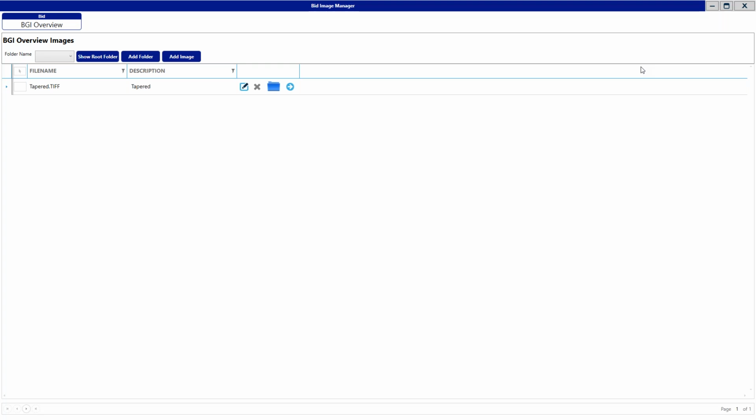So what I'm going to do is, I get some images from a client or an architect, and I have to add those to an existing job. I have some options up here. Right now, we are looking at the root folder where all the images get added in the beginning. So I'm going to click Add Image,